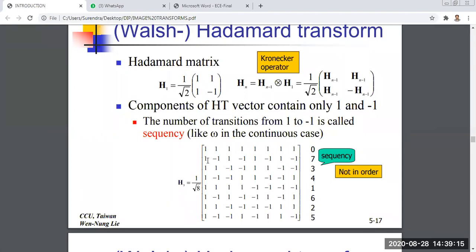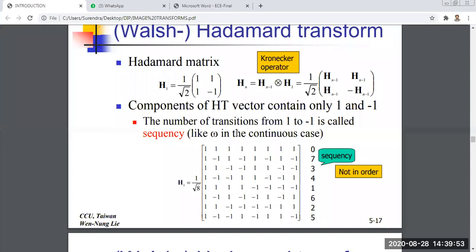Have you observed? 1, 1, 1 minus 1, H1, and so on. Similarly, like this we form the matrix depending upon your n value, 1, 2, 3, 4. So for an 8 into 8 image, the Hadamard matrix will be like this. And here you observe there is a sequencing number. Here, W, there is one element called omega. This omega is called the sequency number.